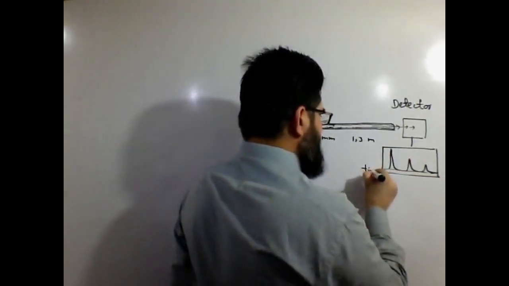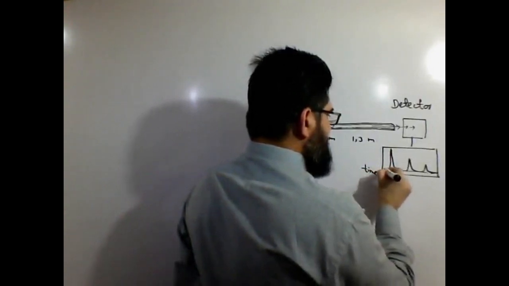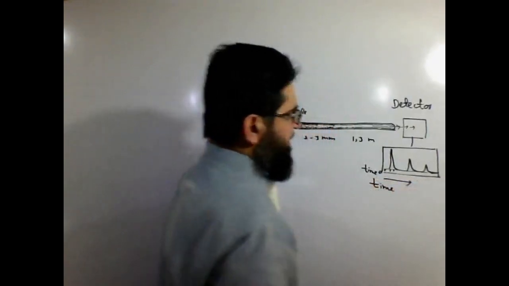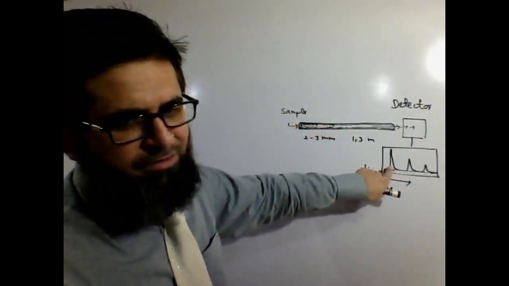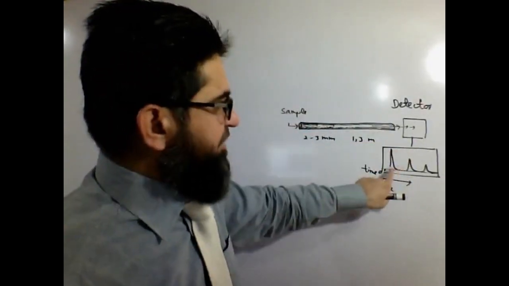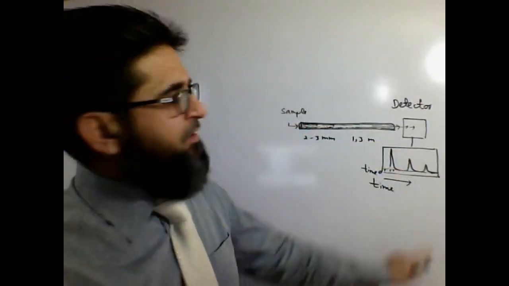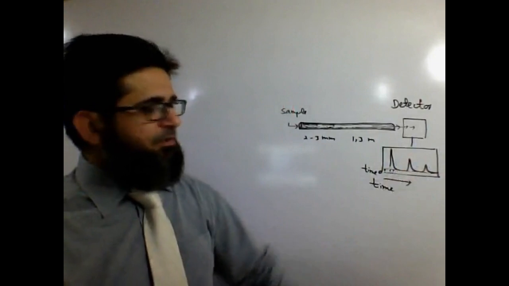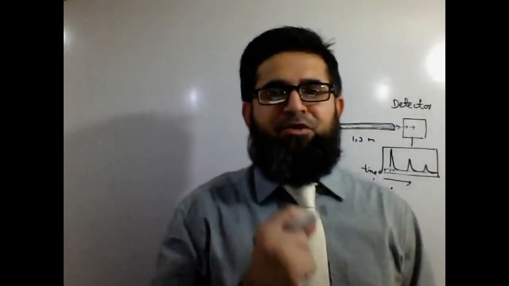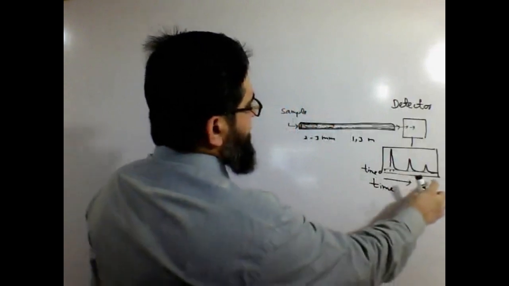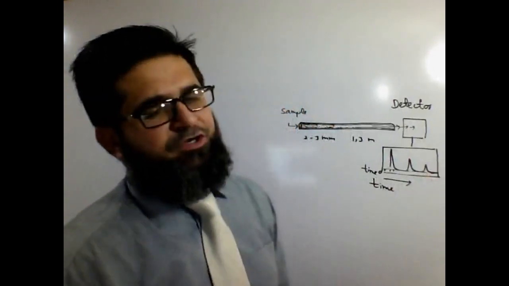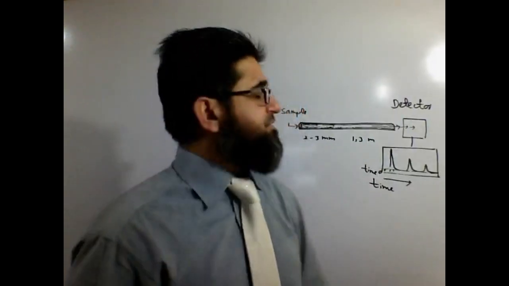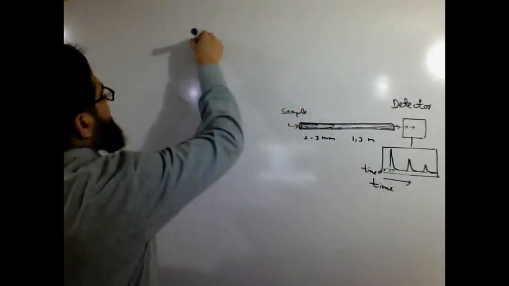Time is mentioned on the x-axis: 0 minutes, 2 minutes, 3 minutes, something like that. The time at which component 1 elutes from the column will be the retention time of A. Let's say at 6 minutes the peak number 2 appears on the computer, it will be the retention time of fraction number 2, and the same way peak number 3 will represent the retention time of component number 3, if the mixture has 3 components.